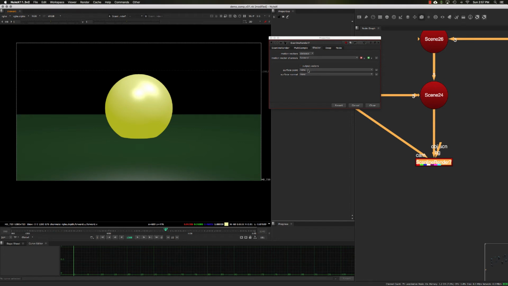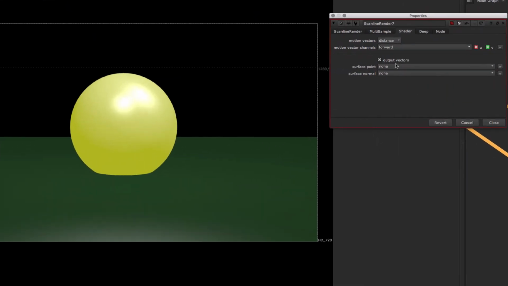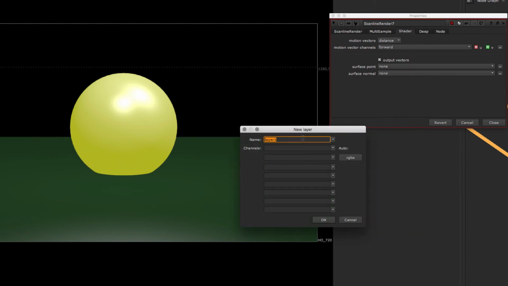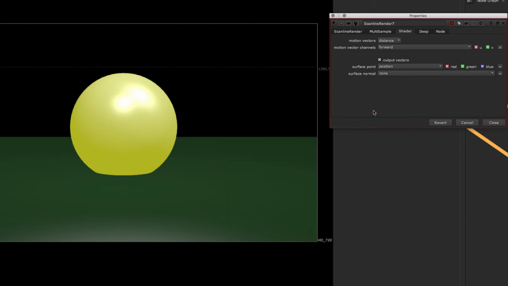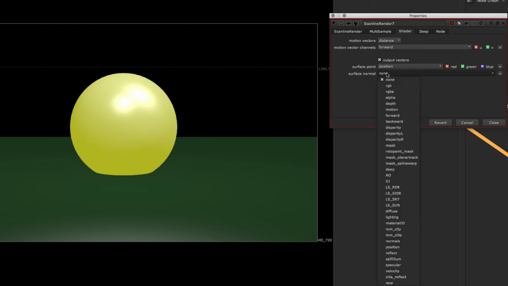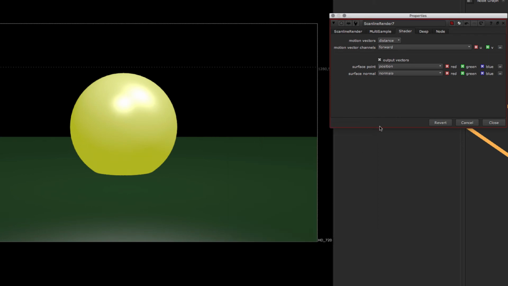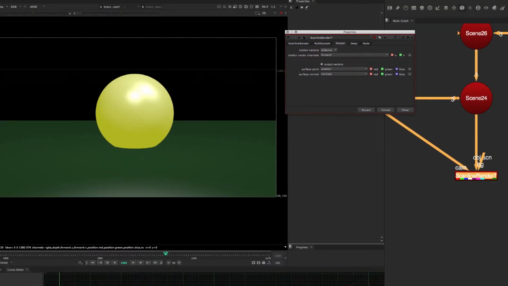So what we could do is say output vectors, click the surface points, scroll down to new, and create a position. We'll call this position, give it default RGBA, and hit OK. Then we'll do the same thing for the surface normals. We'll select that, say new, and create a layer called normals. Same thing here, we'll give it default RGBA. And if we hit OK now and view our layers here,